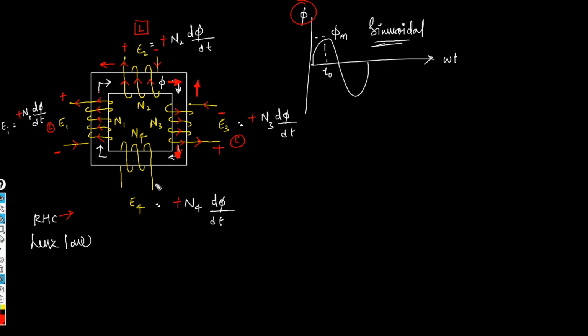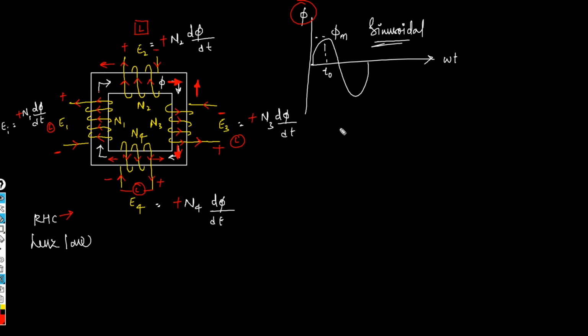Similarly for this one, the original flux direction is in this way. Place your thumb opposite to the direction and now check your curl direction. The curl direction would be in this way, which means this one is the plus terminal and this is the minus terminal, since here some load has been there in this way. So in this way we can identify the positive and negative terminals of the induced EMF across any particular load.